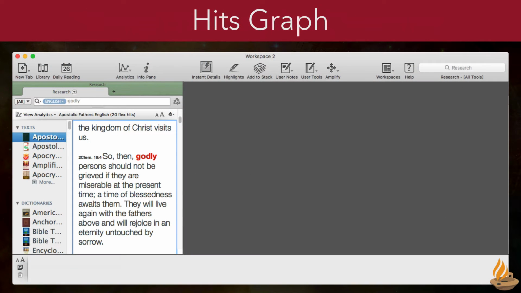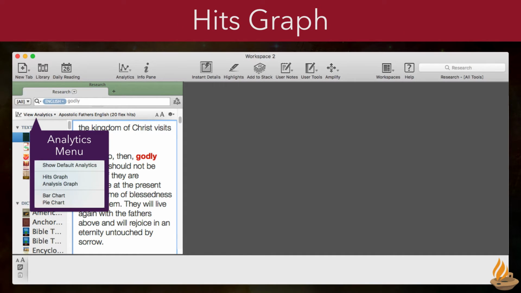We're going to stick with our search for godly, since that's been working so well for this podcast. Clicking the Analytics button displays our 4 choices, along with default analytics, which is whichever one or ones we set in our preferences. Let's move through each of the 4. I'll assume you're already familiar with Accordance 12's improved analytics, and I'll just show the additional functions they have here